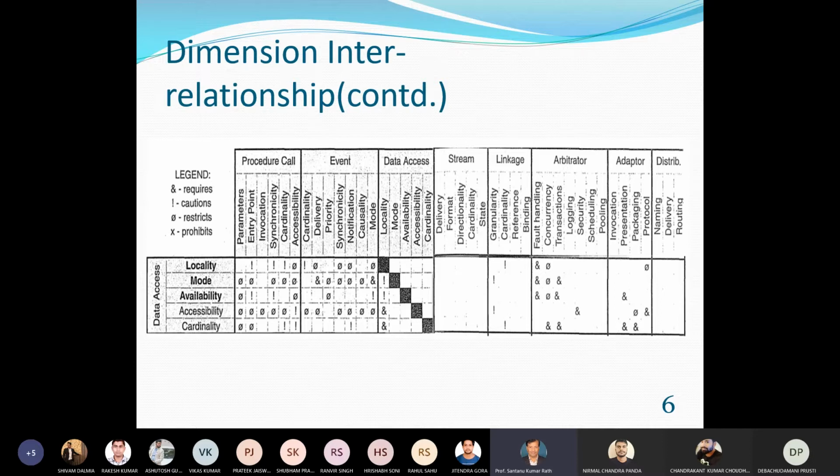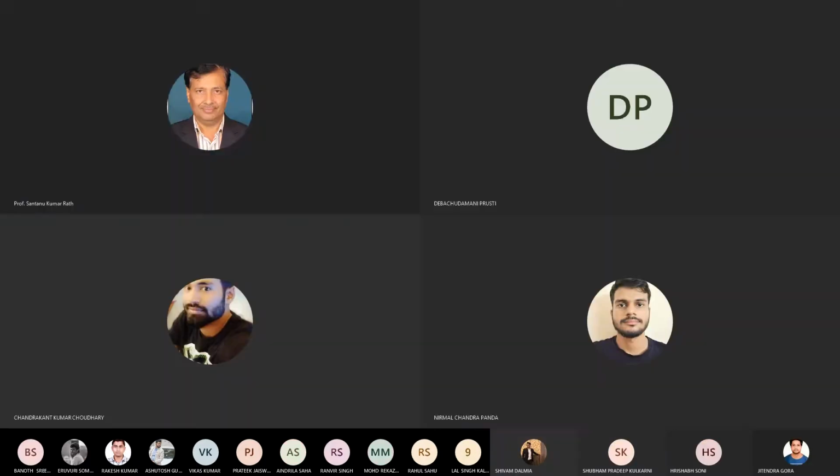We'll see linkage. Siddharth, come. Time is running out. Okay, that's all. You have done something, I'm happy. Thank you, sir. Siddharth, come. Linkage. Siddharth, you have got row-wise and column-wise also.